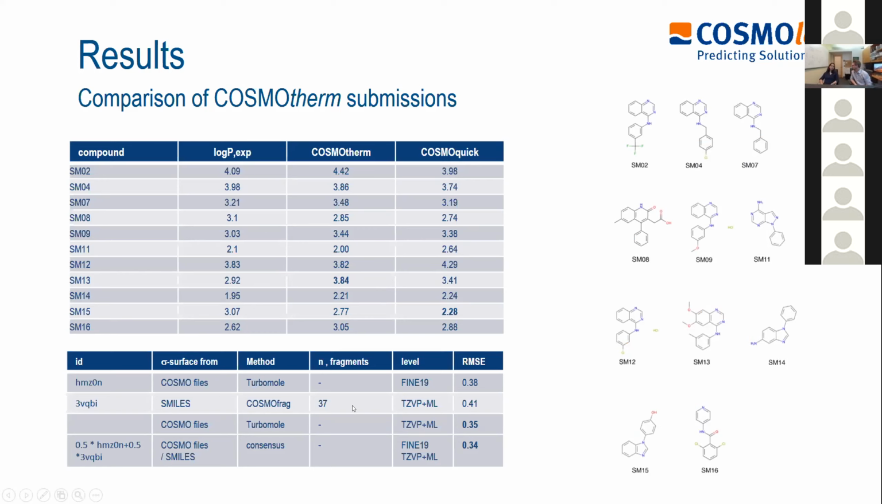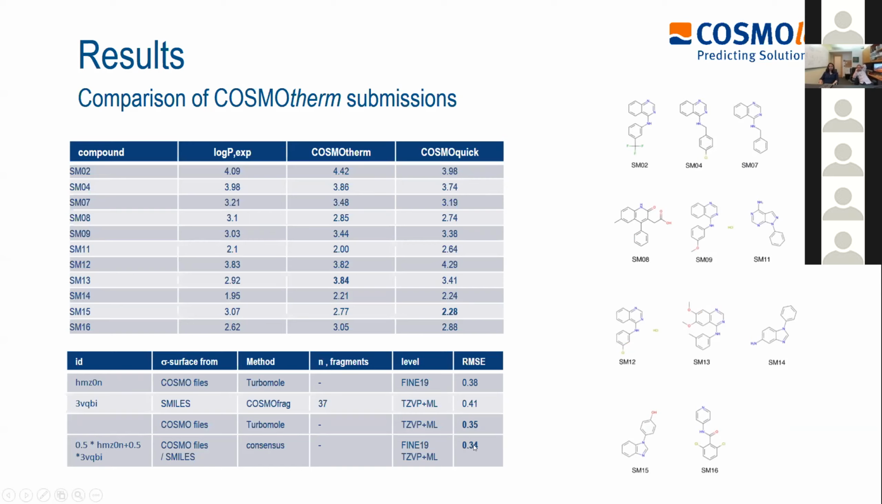This is some study I did afterwards, analyzing our results. So here are our first two submissions. This is the COSMOtherm one in the first row and the COSMOquick one in the second row. Then I used the COSMO files without a fragmentation approach and used this machine learning correction. So this is shown here with a slightly lower RMSE, and this is just a combination of the two methods